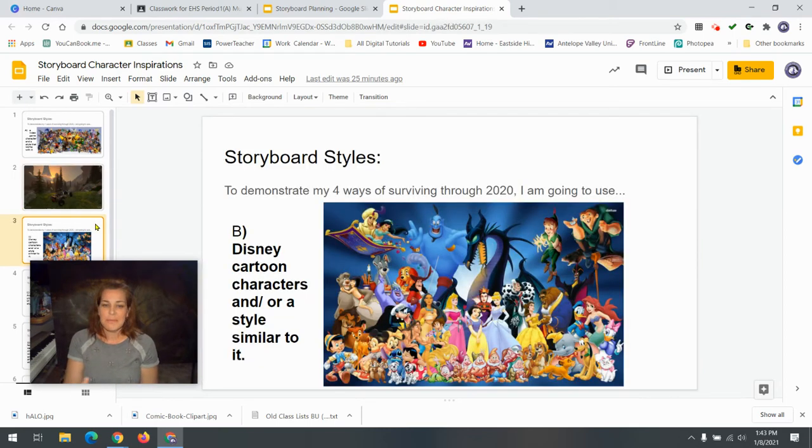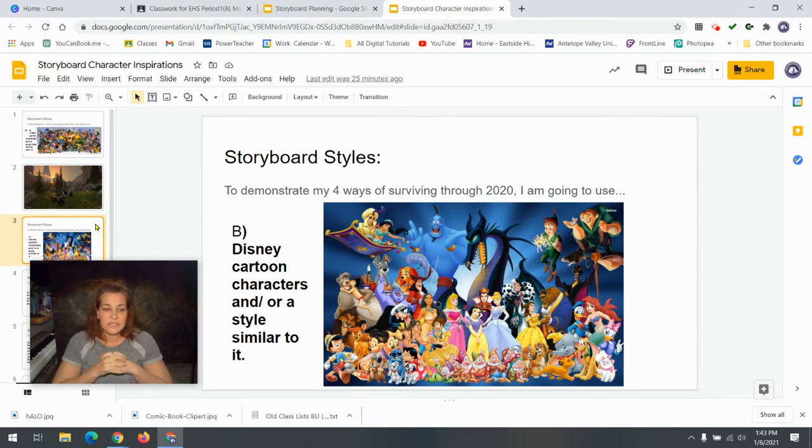B, perhaps you are one of the Disney fanatics out there that loves everything Disney. I can't say I relate. Even though I grew up in Southern California, very close to Anaheim, I did not get all caught up in that. But hey, if that's what you enjoy and that's what you like and you grew up with it, go for it.